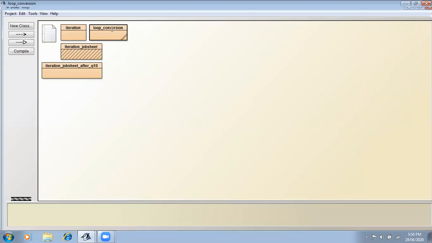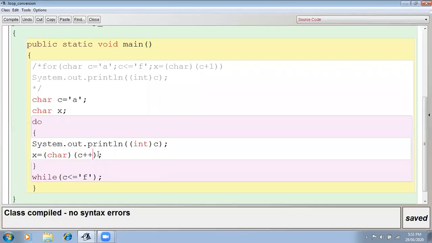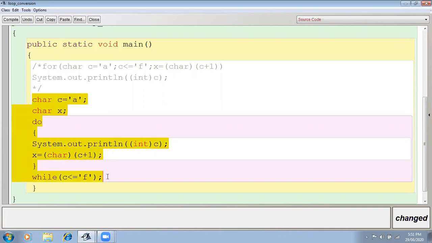So actually what I want to show you, see, this is also the difference. If I'm using c plus 1, it is not going to change the value of the variable. But if I'm writing c plus plus, it is going to change the value of that variable. So according to that question, if someone is asking what type of loop, it is an infinite loop. You can mention over there, this is also an infinite loop, and this is the for loop code, code of the do while.